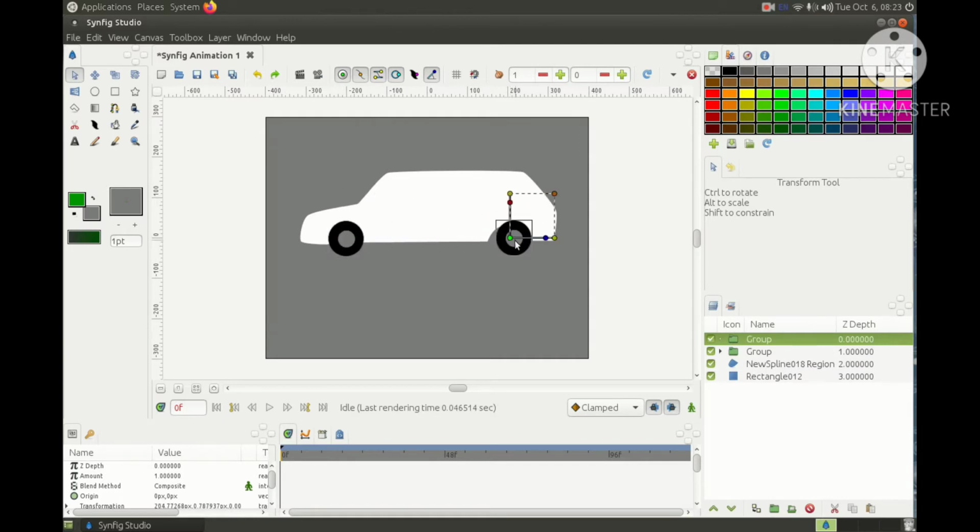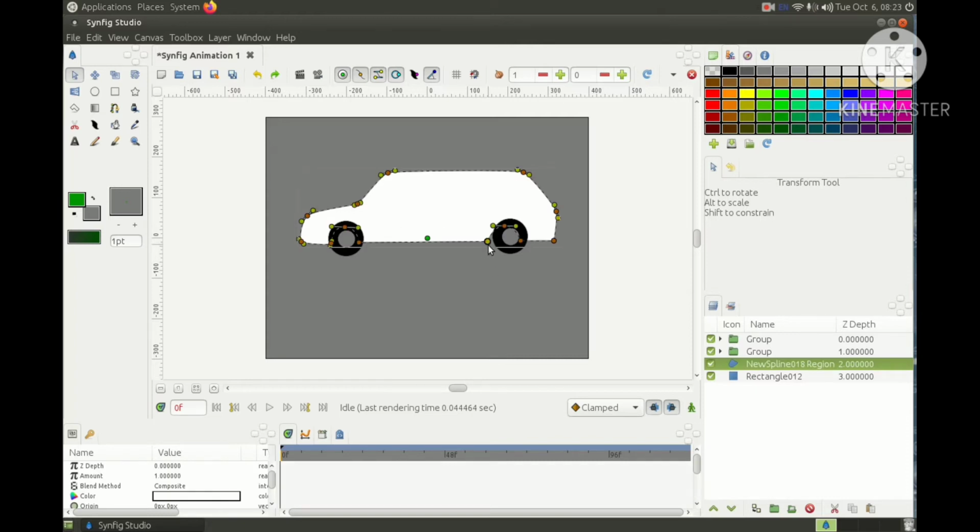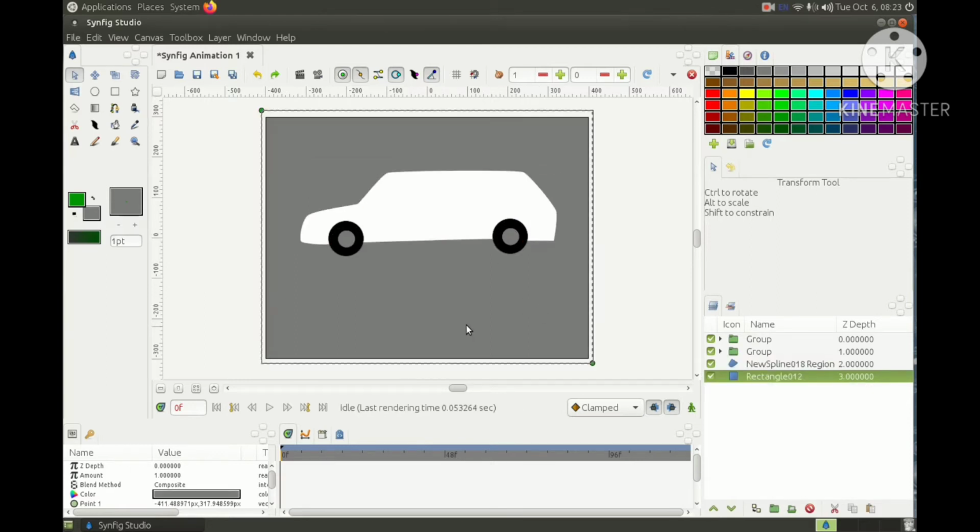Move this group here and you can see a second wheel is created. As per the requirement, we will set the structure. Okay, now we will create windows.